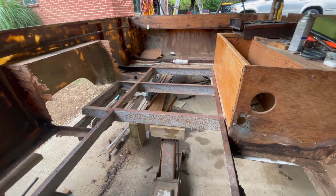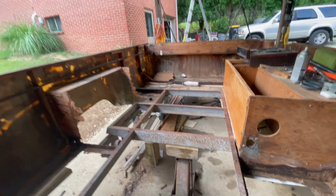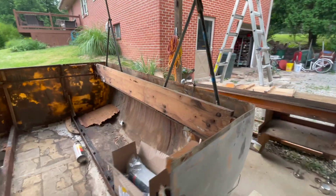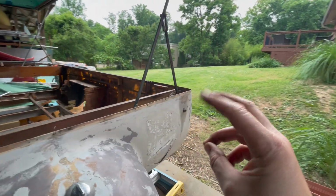So yeah, that's part of the problem with building a trailer that nobody else has. It's just stuff like that's going to happen through the whole thing. And the guy that, quote unquote, or gal that quote unquote started the restoration,